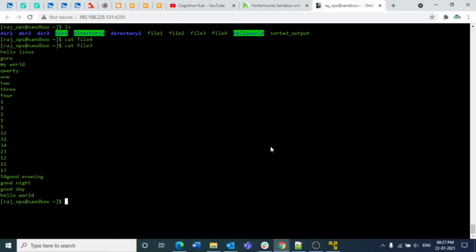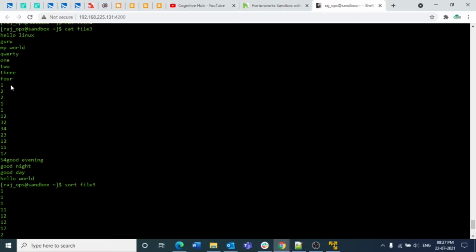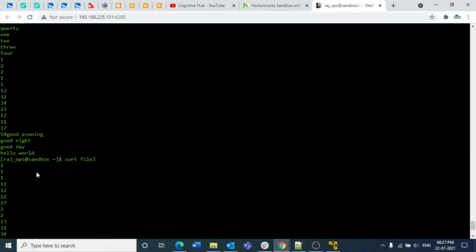So the first command is sort space file 3. What it will do is basically sort the content here. If you observe here, previously the file is not sorted. The first few lines have alphabetical records, and the last few lines also have alphabetical records, and in between we have inserted some numericals, and that too not in sorted order.